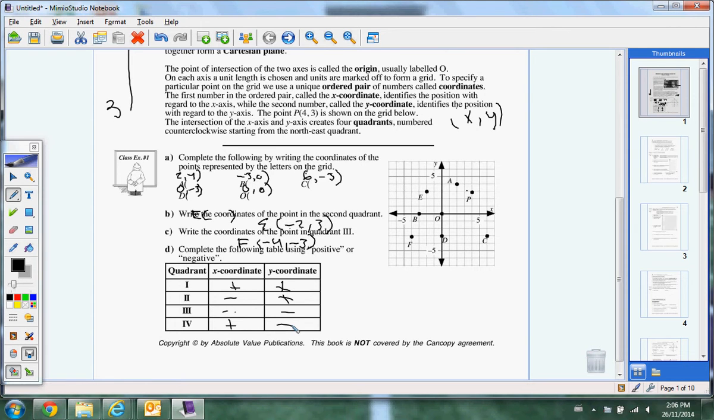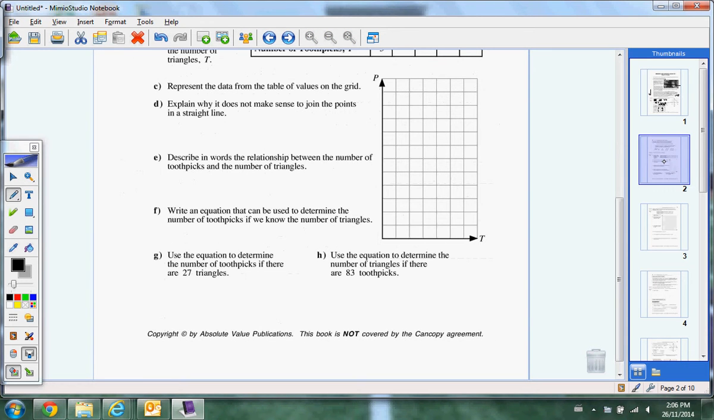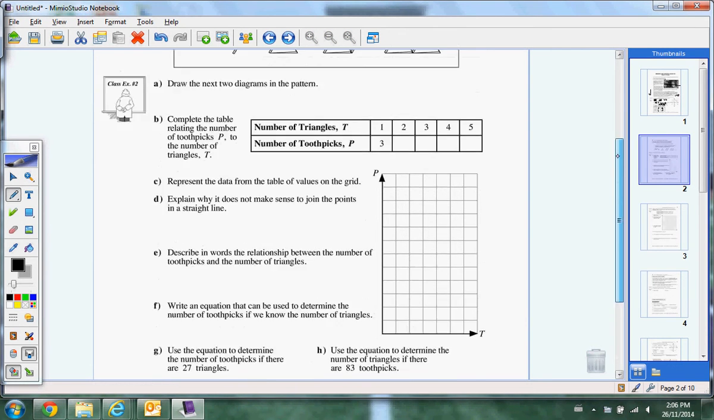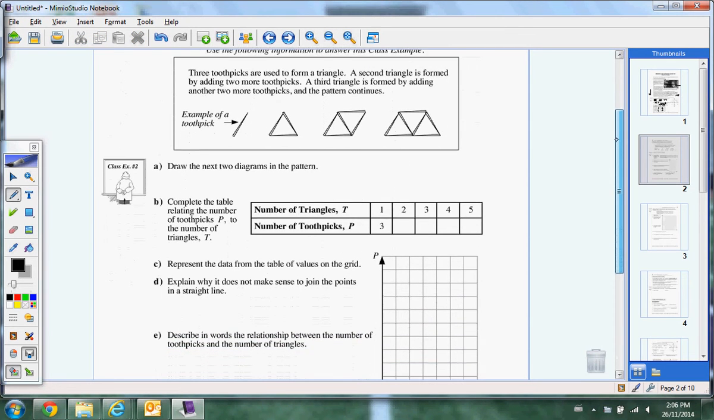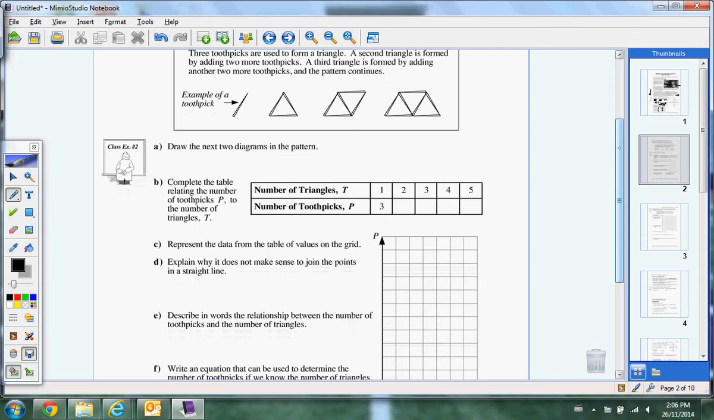Okay. All right, next page here. All right, so describing the pictorial pattern using a linear relationship. So 3 toothpicks are used to form a triangle. A second triangle is formed by adding 2 more toothpicks. A third triangle is added by adding 2 more toothpicks, etc. It says draw the next 2 diagrams of the pattern. So from this picture, draw the next 2. So every time they're adding 2 toothpicks, so it would be,